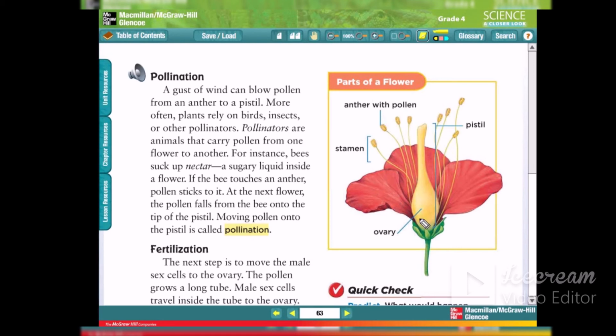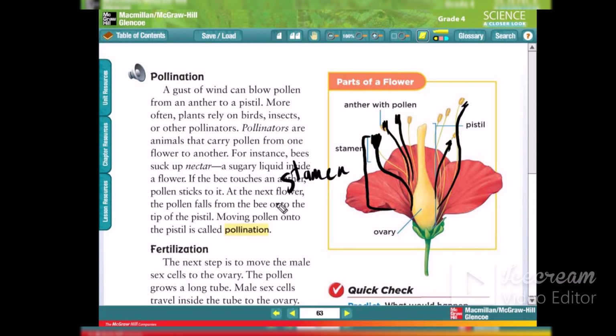Okay, now let's take the male part at the beginning, guys. The male part will be this line, and end with this one. All of this part will be the male part. Guys, what is the male part called? Yeah, the male part is called stamen. All of this from here to there is called stamen. That is the male part of the plant.